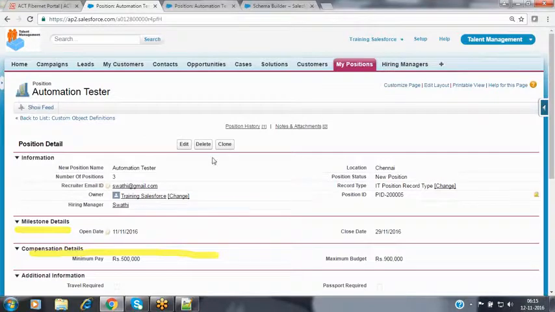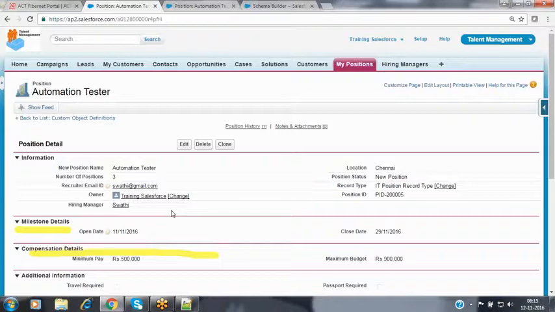But to close this particular position, we have so much time, till the 29th of this month. Then what can we do here? Do I need to ask her to close the position today itself because she is leaving the organization by end of the day, so that we have to recruit the candidates by today evening? No, it's not possible. So then what can we do here?